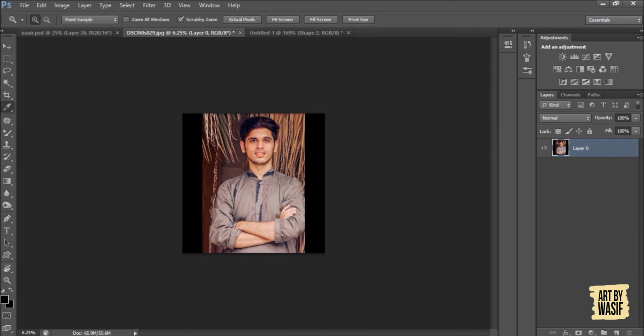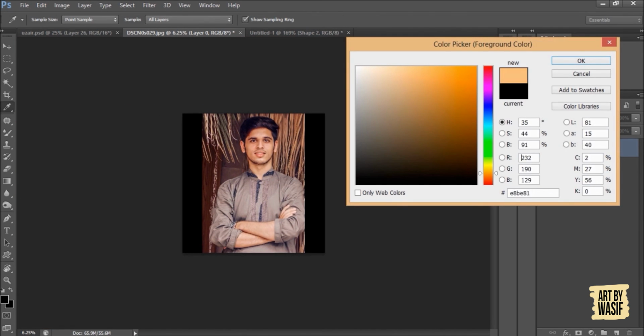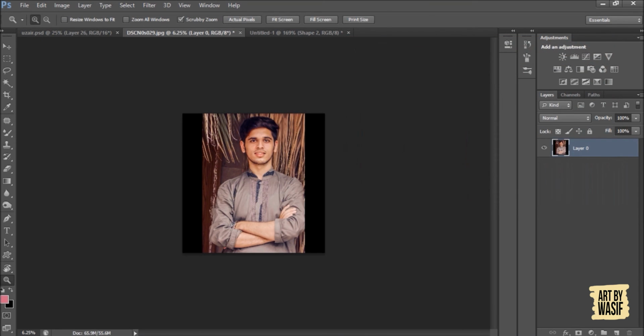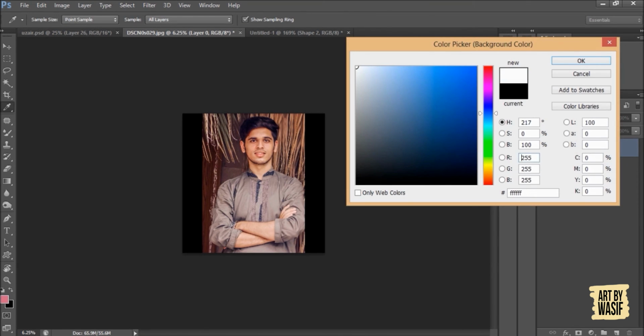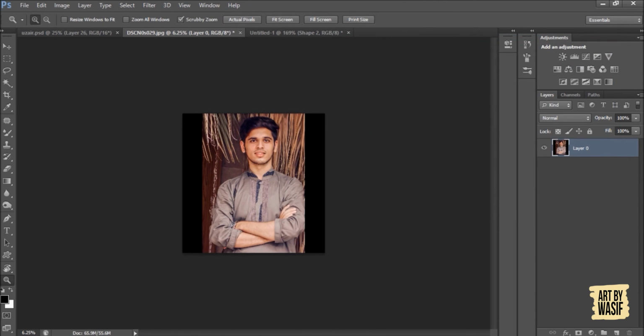And here goes the color palette tool. Everyone must have used this tool in MS Paint, and you can select color wherever you want. And this is the background color. Normally it is selected as white and the other one as black. And if you want these colors to be exchanged, like black color should be down and white color should be up, press the X button and here you go.